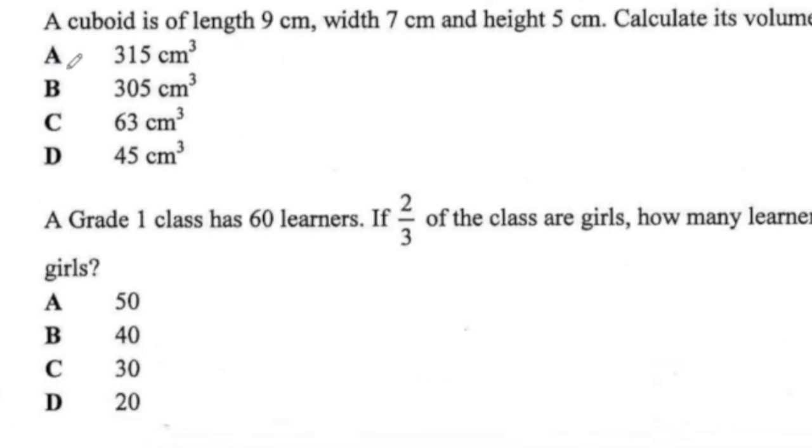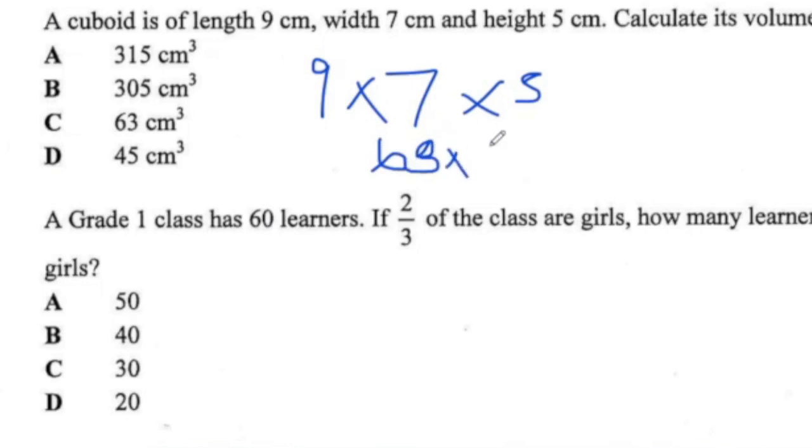A cuboid is of length 9 centimeter with width 6 centimeter and the height of 5 centimeter. Calculate its volume. So we all know that the volume of any object is you multiply the length by the width by the what? By the height. So we can come up with something like 9 times 7 times 5. Okay, so 9 times 7, we're going to get 63. So we write 63